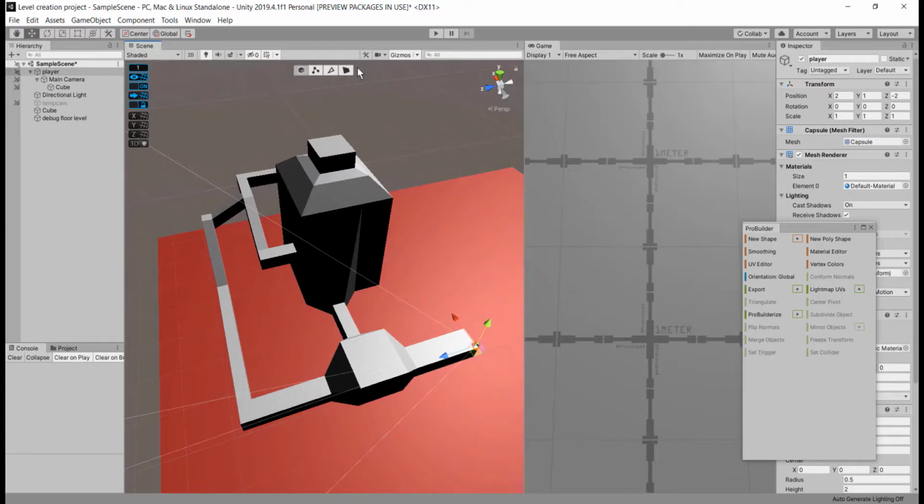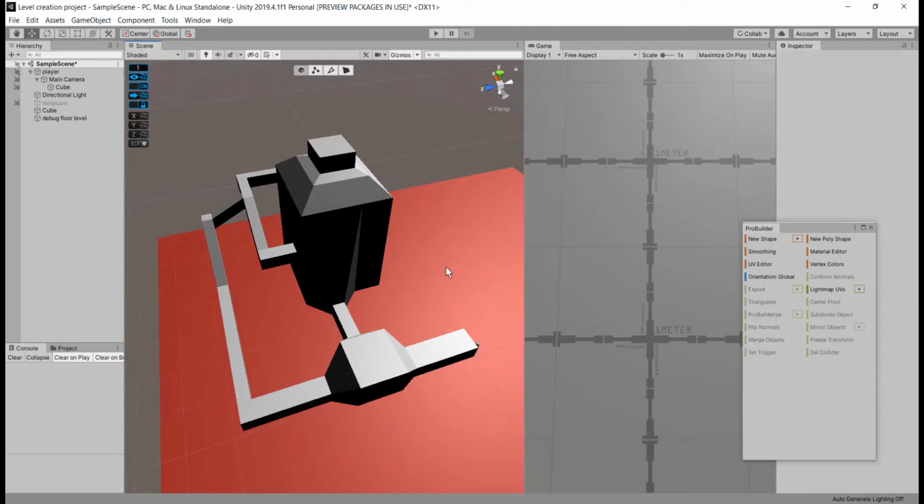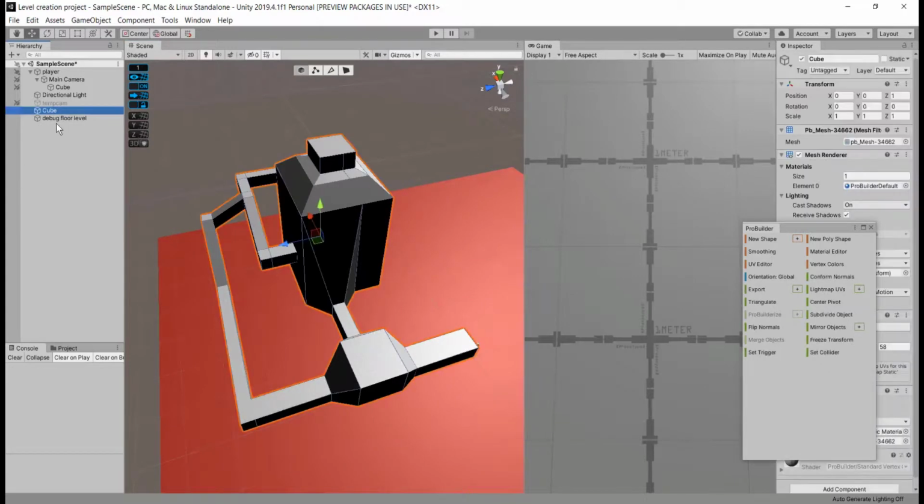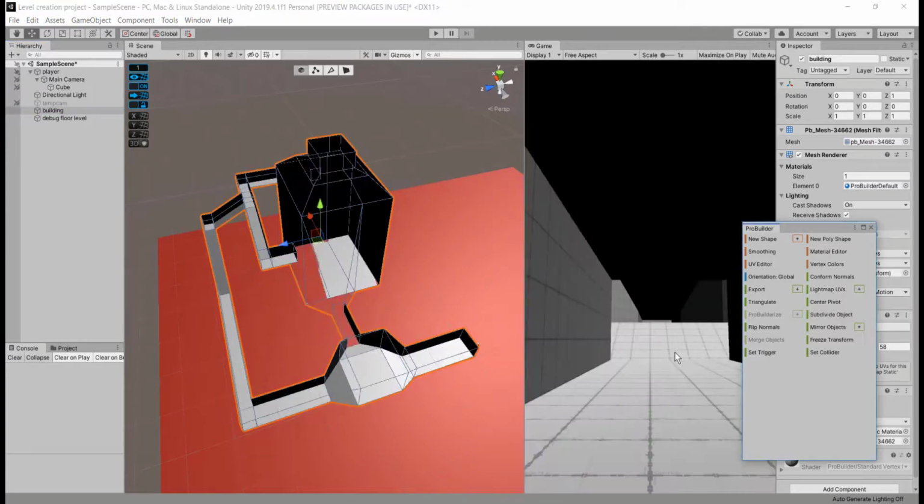But the player character has to walk inside this level. So we can switch these exterior surfaces into interiors by a single click. All you have to do is select the building object and in our Pro Builder window click flip normals.